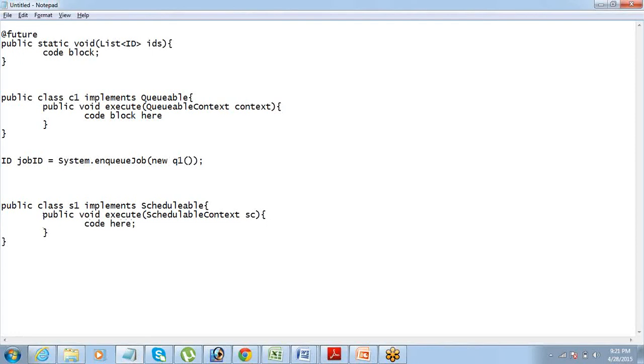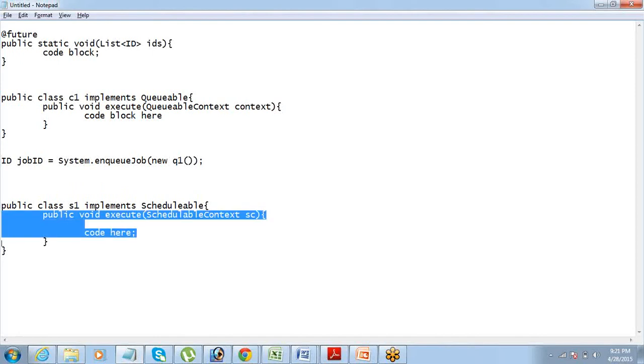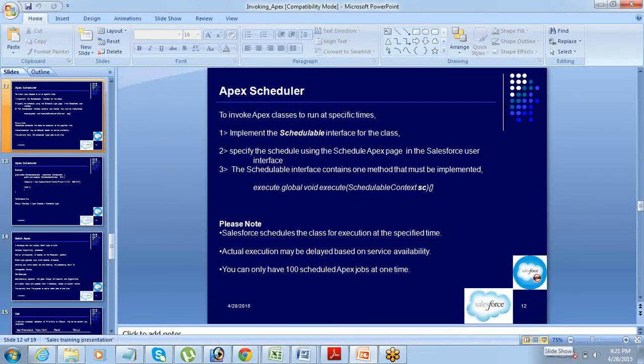That's it. So this same method will be required here. The same execute we use in the Queueable interface, we can use for the Schedulable interface also. After you have written the code, we just need to go ahead and define the schedule for it.